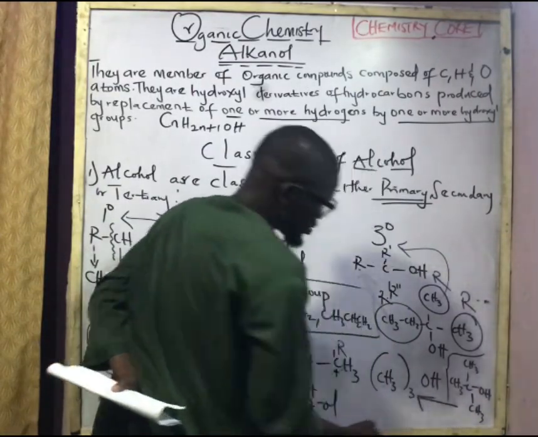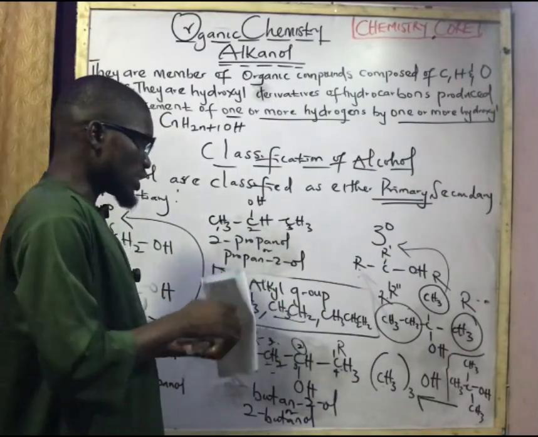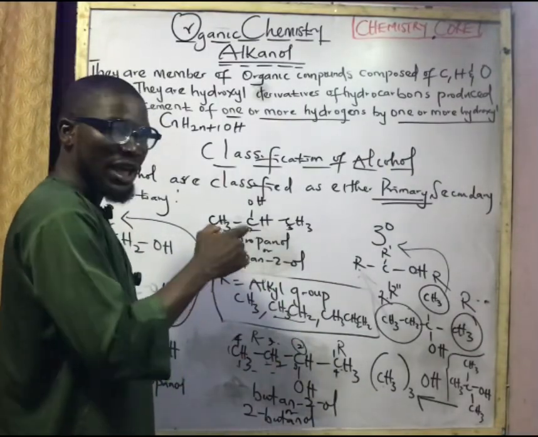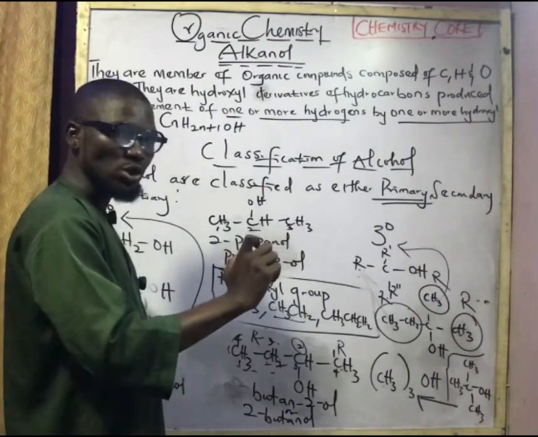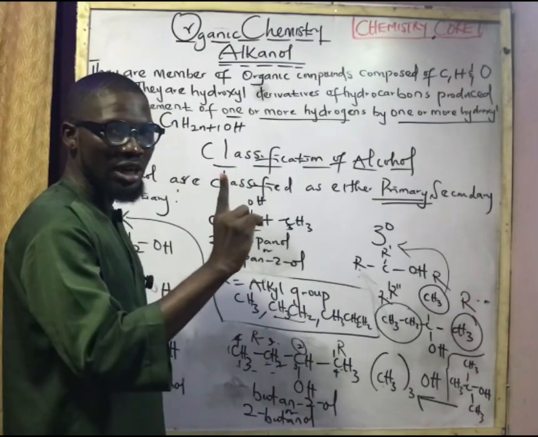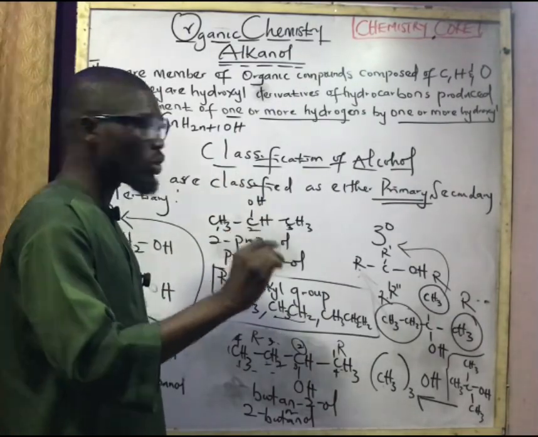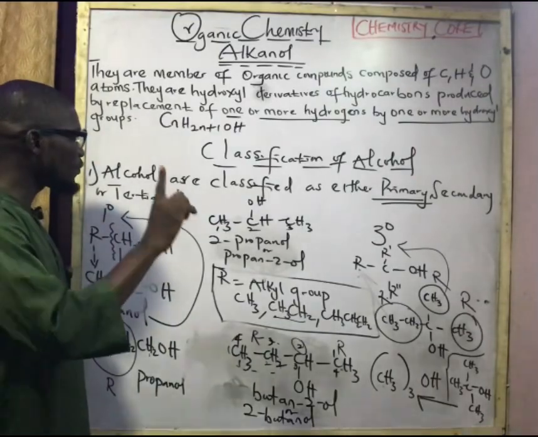This represents this. So the only thing you need to deduce here is that if you can identify how you can easily deduce the primary alcohol, secondary alcohol, and tertiary alcohol, this particular video is for you,